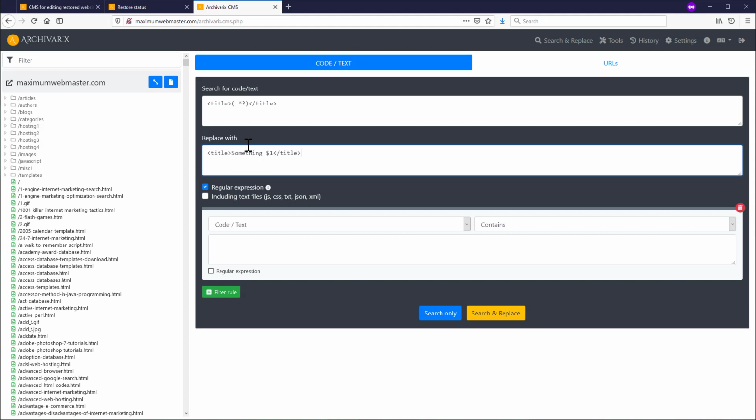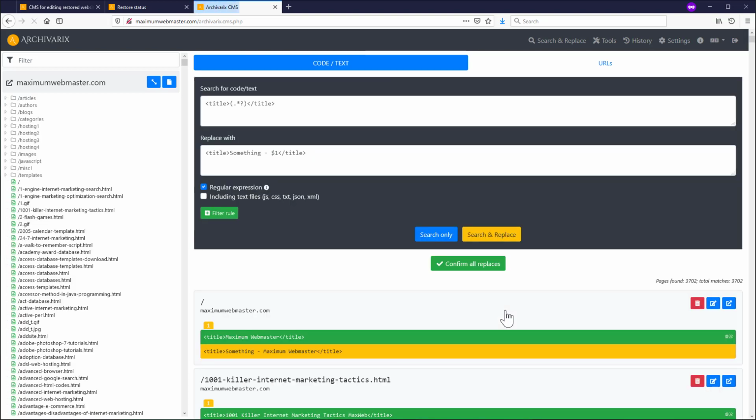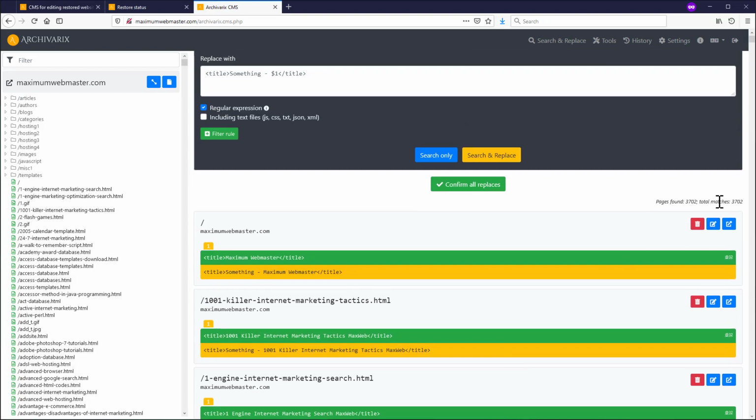Okay, something like this. So let me do it like this. I entered a part that I'm looking for. I entered the part that it should be replaced with, and I click search and replace. Here you can see that it found matches in